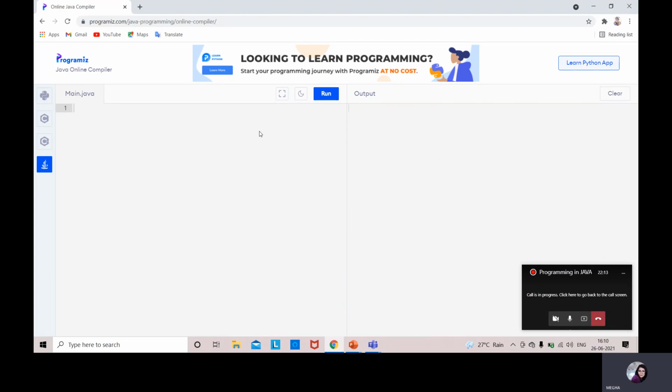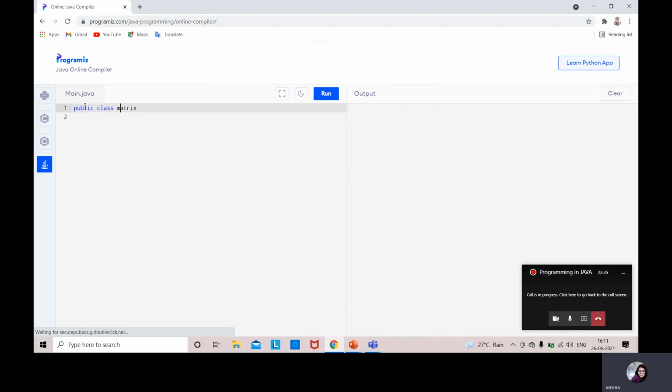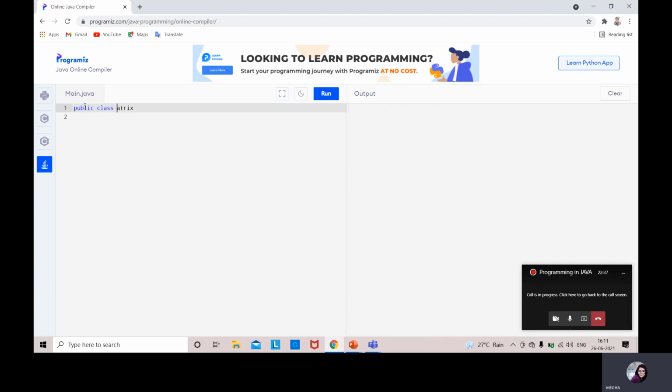Again, this is the class, that is public class Matrix. You can write it as matrix itself, but the class name should be in caps, the first letter should be capital.